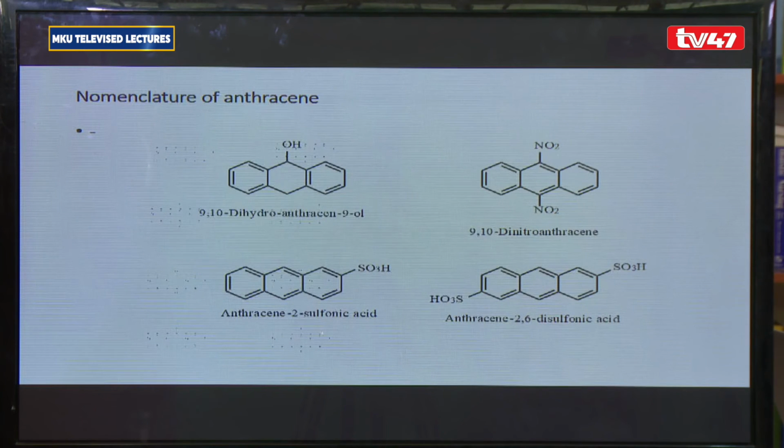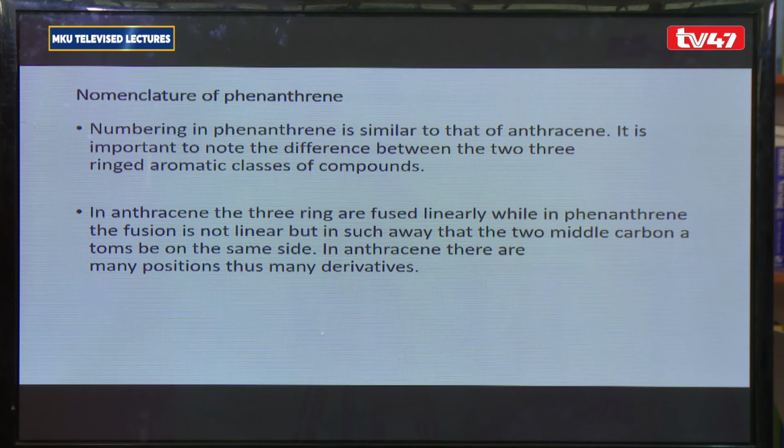So we have, again, these are 9,10-dinitroanthracene. This is position 1, 2. So we have a sulfonic group at position 2. Then 3, 4, 5, and 6. So these are positions 2 and 6. So this one would be Anthracene 2,6-disulfonic acid. Then now we go to the third benzoid structure,